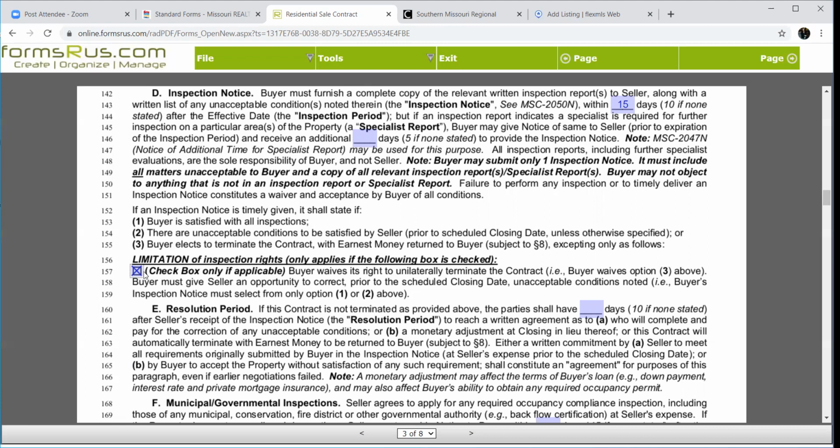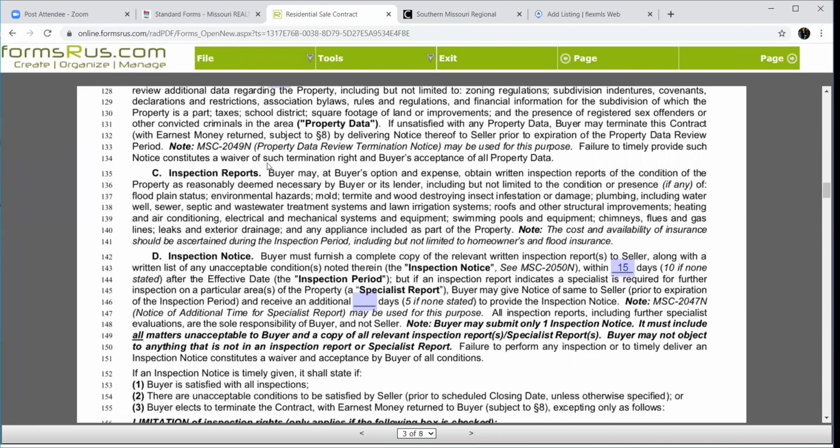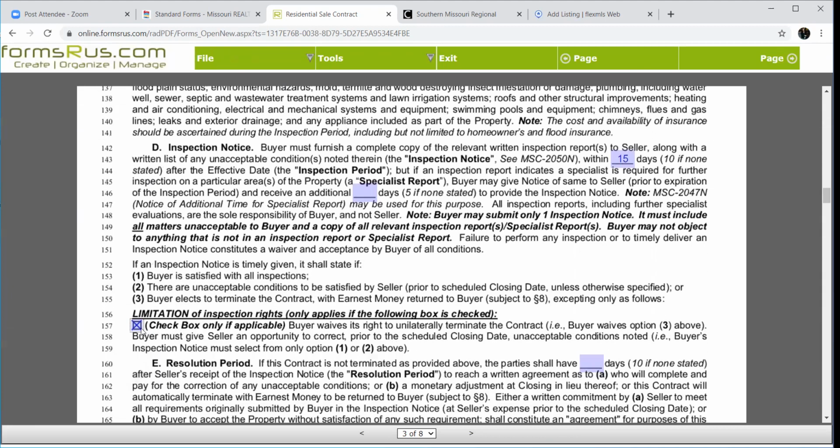okay? And this is much like this property data day. This is one of the things that agents look at to know if their seller is going to get an opportunity to try to rectify whatever the situation is. Because if this box is not checked, and we've got the example of an inspector, is 10 days out, and I get the inspection on the 15th day, and I decide at midnight or 11:59 on the 15th day that we're going to walk, well, that seller's now lost 15 days of marketing time and their own time, et cetera. So most agents want to see this box checked.